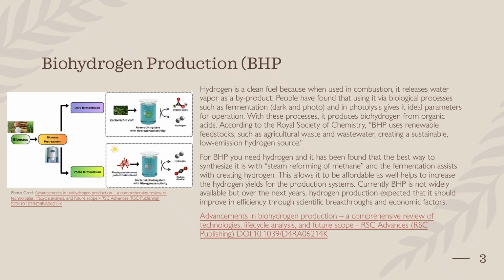According to the Royal Society of Chemistry, BHP uses renewable feedstocks such as agricultural waste and wastewater, creating a sustainable, low-emission hydrogen source. For BHP, you need hydrogen, and it has been found that the best way to synthesize it is with steam reforming of methane, and the fermentation assists with creating hydrogen. This allows it to be affordable as well as helps to increase the hydrogen yields for the production